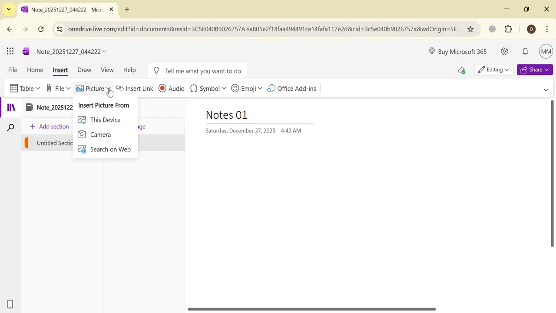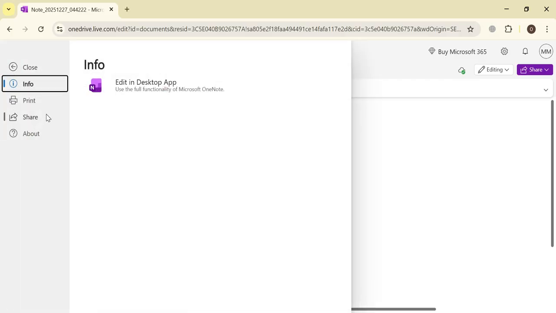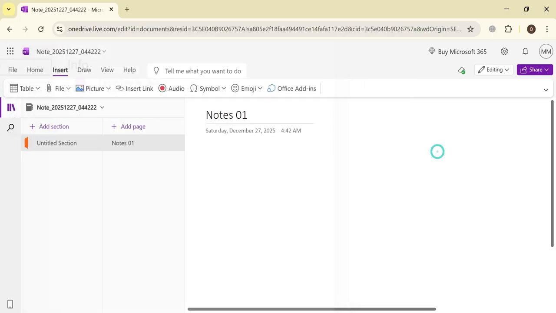add your picture. So that's how you can just click on this camera and just take the picture of the notes, and it will write it down in the form of text in this notes section. So that's how basically you can use it. Okay, and after that you just click on this file option and then you can click on share to save it in your mobile or your device.